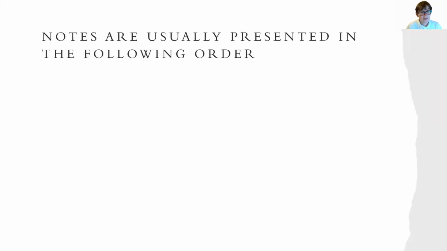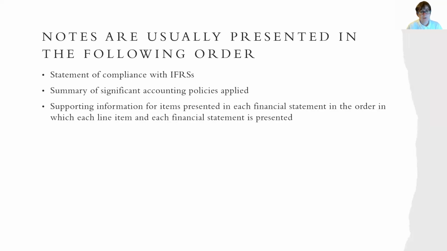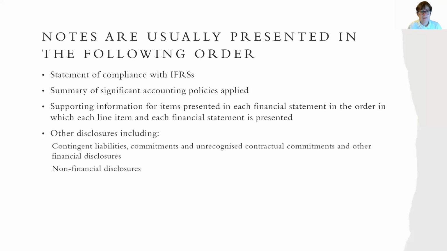Notes are usually presented in the following order. So we would have a statement of compliance with the IFRSs. We would then have a summary of significant accounting policies applied, supporting information for items presented in each financial statement in the order in which each line item in each financial statement is presented. So other disclosures then that may be needed include any non-financial disclosures that you feel the need to disclose,